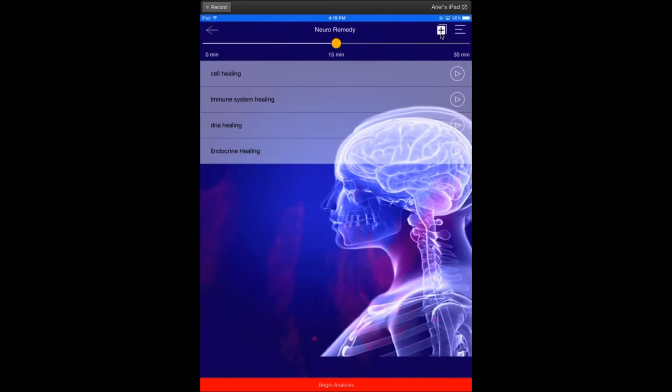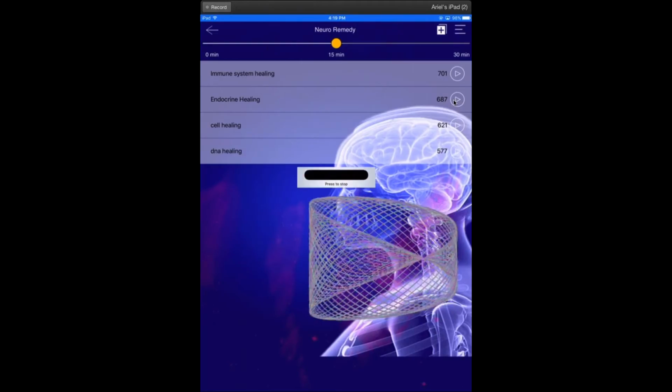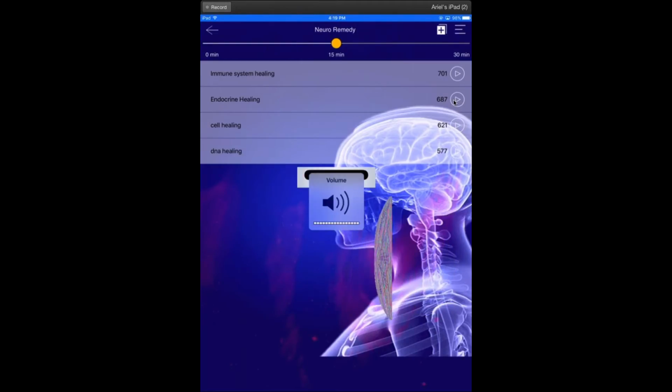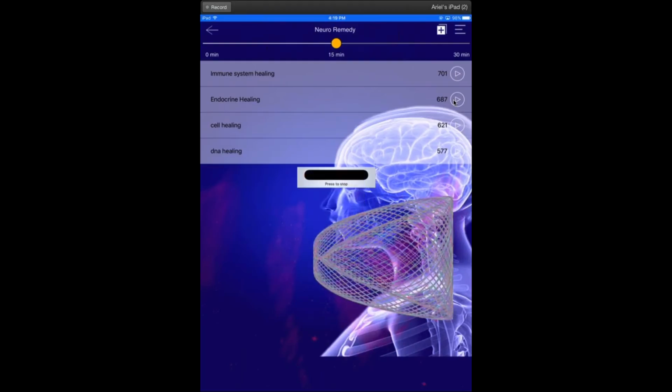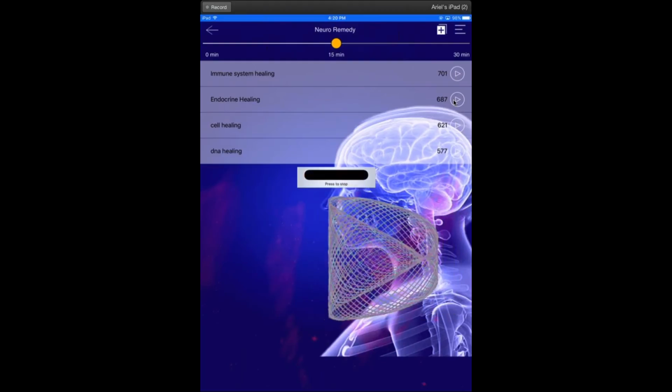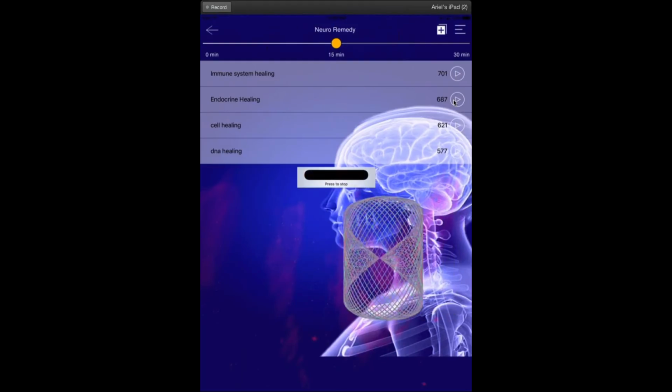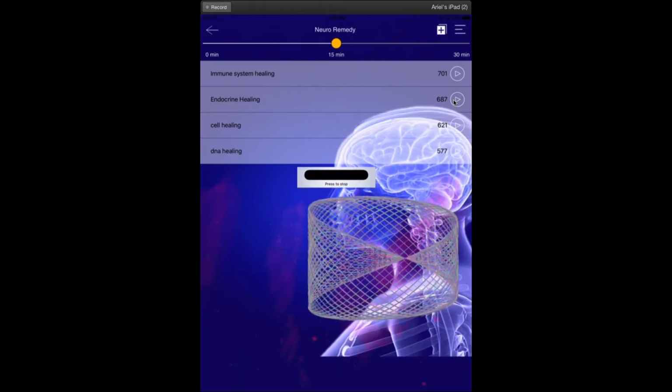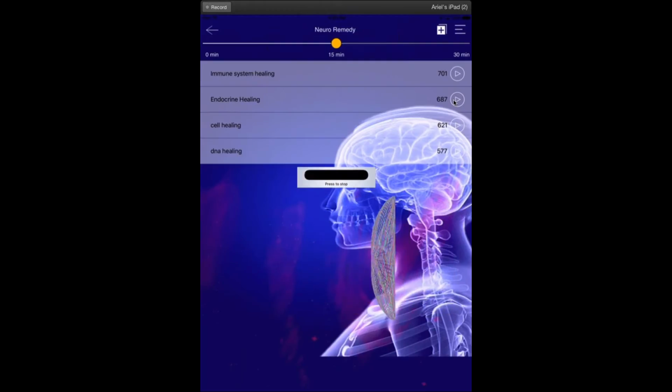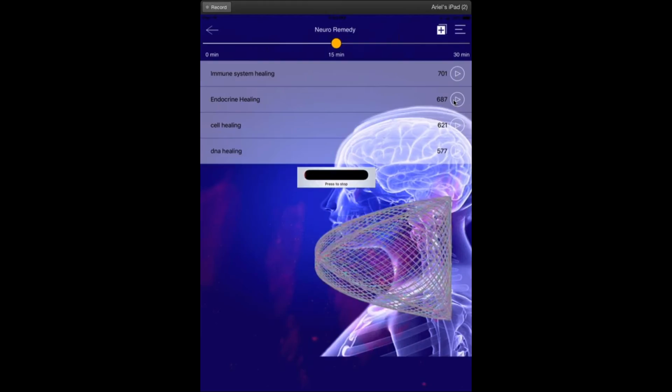So I then save it, and I have all of these together, and again it'll ask me to retest for which one is the most powerful for me today, which one I am most drawn to. So it says immune system healing, or I could just do the endocrine healing as well. It's pretty high. If I play this endocrine healing, I did want to ask Ryan about this, it has a certain type of beeping or sort of heartbeat to it that is very similar for each neuro remedy, and I don't know if there's a meaning to that, but it is quite powerful.